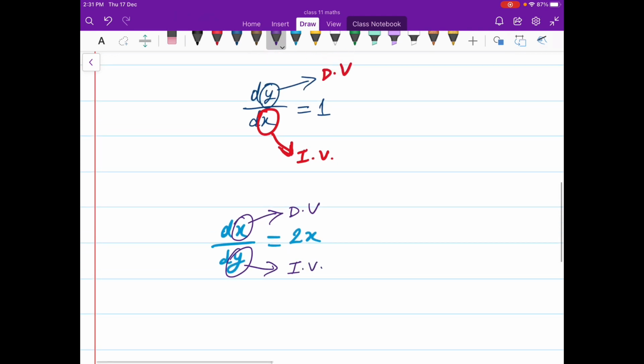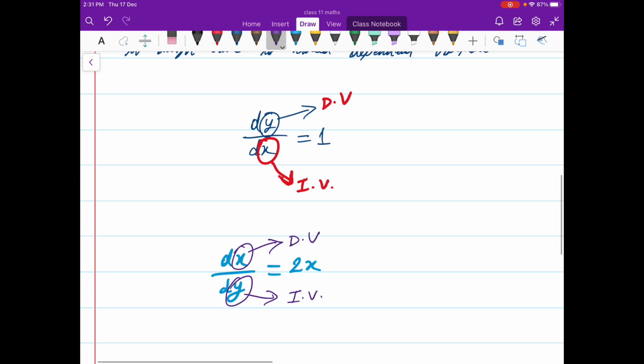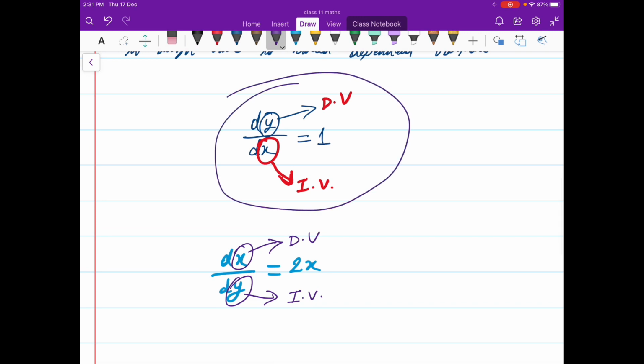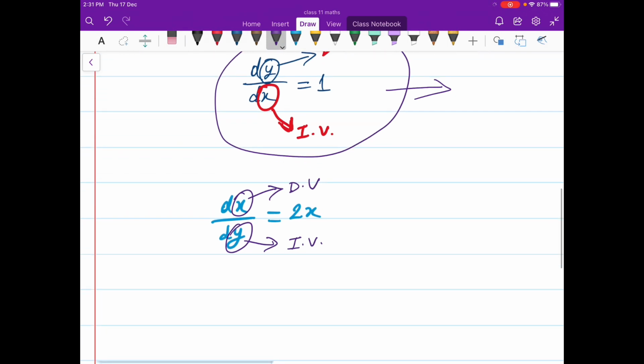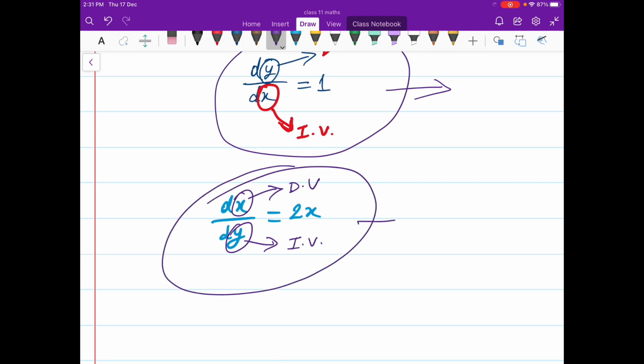That means in this equation, what I took is with respect to y. So with respect to anything we are taking, that will be my independent variable, right? Clear? And in the previous one I took it with respect to x.